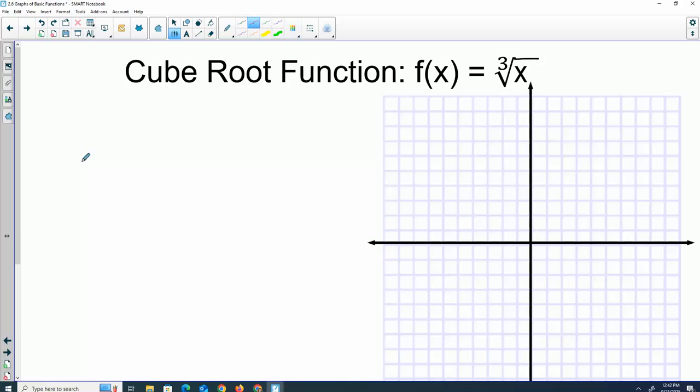Cube root. If I put in 0, what is the cube root of 0? I put in 1. What is the cube root of 1? Can I do the cube root of 2? What's a nice number? And the cube root of 8 would be